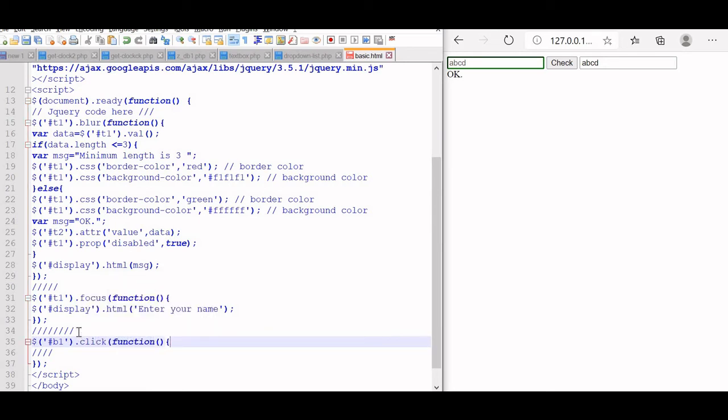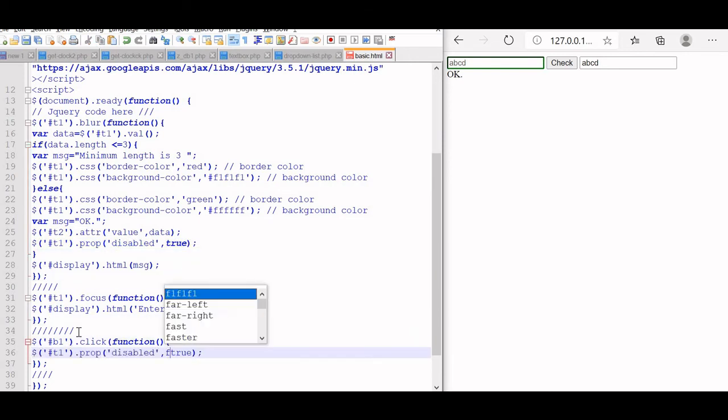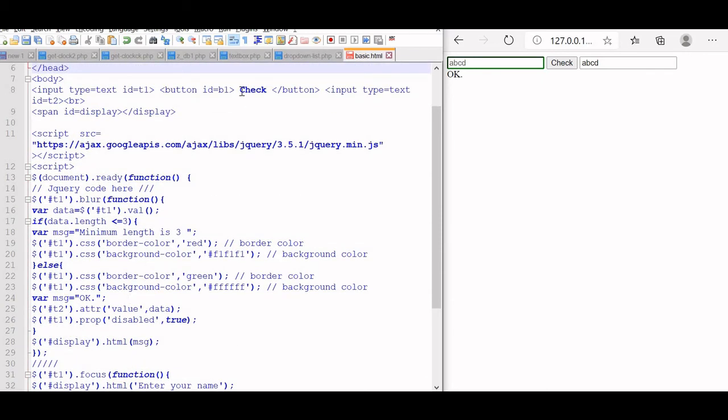Let us close this. Now let us copy this code. If B1 is clicked, then disabled is false. We should not write the label on this; we will check enable. Let us save this.